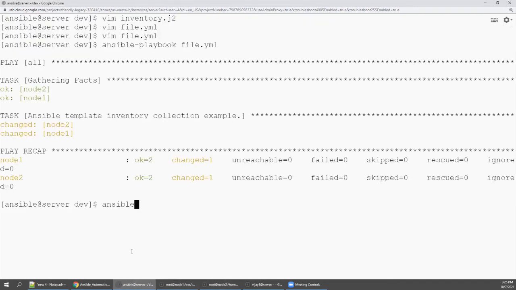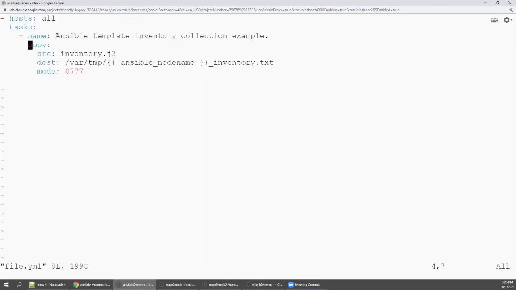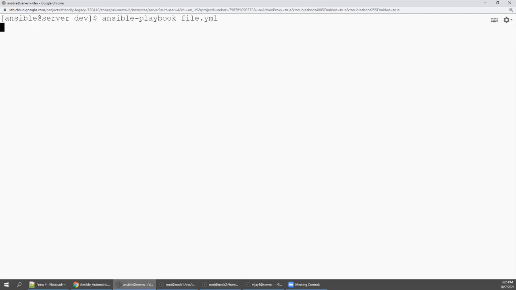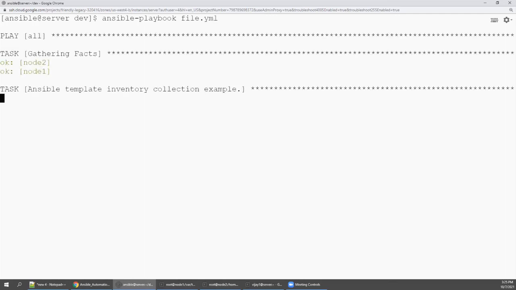Instead of manual work, I want to do it like this with the help of the Ansible inventory feature. So template, and remove the copy and then save it and then go for the playbook execution.